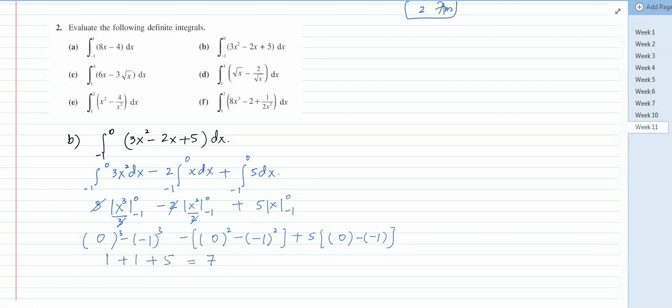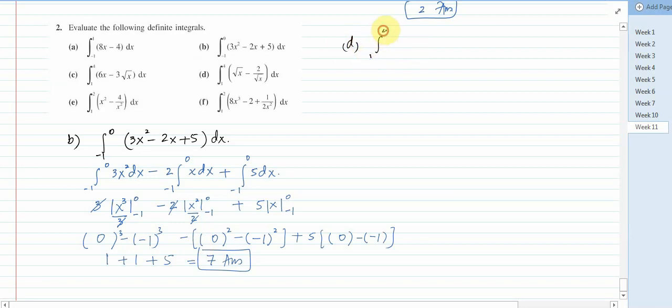Alright. So I hope that you have understood the concept of how to integrate and apply the limits. The integration part is very much similar, in fact the same as we did in the indefinite integrals, only the limits part is different. So now we are going to start part D here, and it says integral of 1